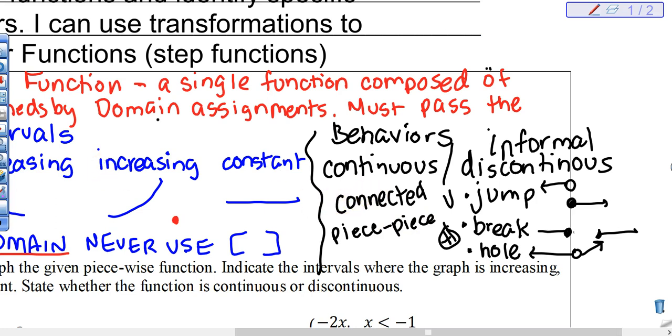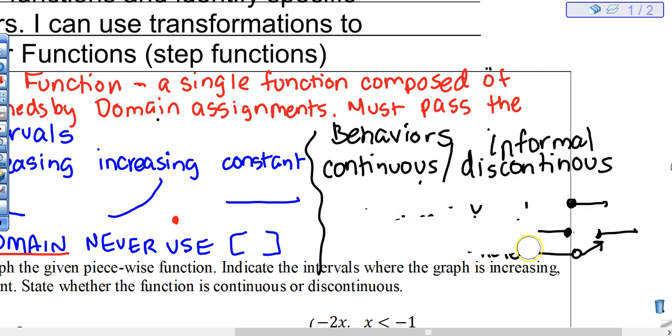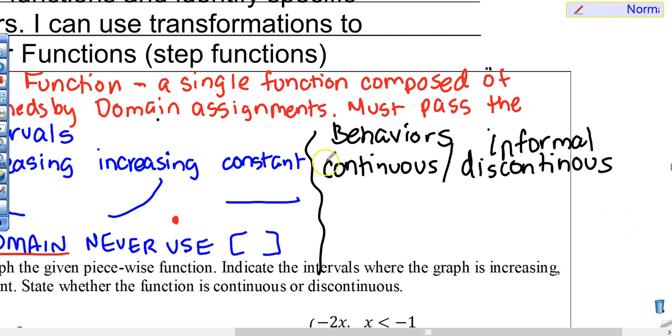So I'll erase some things here. So behaviors can be one of two ways. I just want you to describe the behavior of the function in one of two ways. The function is either continuous, much like the graph that we saw in the video. All of the pieces ended up connecting to all of the other pieces, and there wasn't a hole or a break or a jump. So if a piecewise function is continuous, all pieces